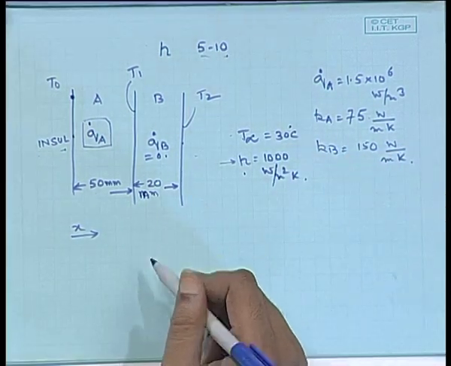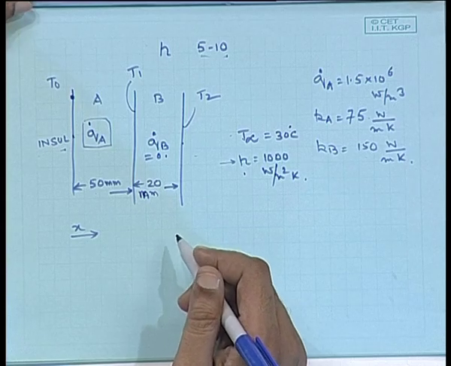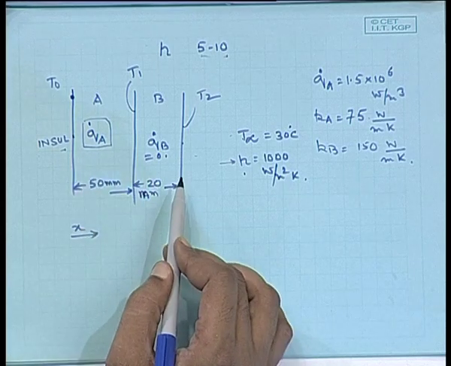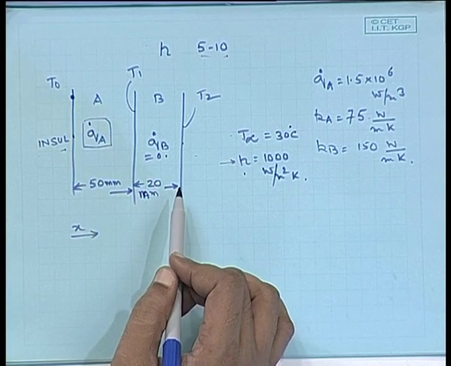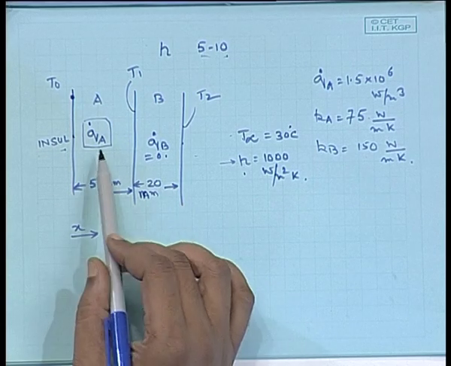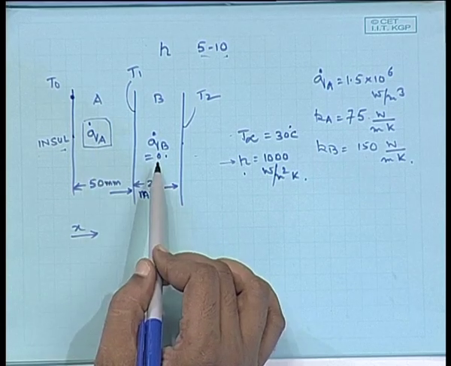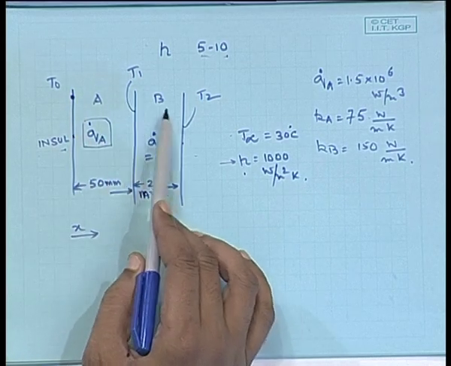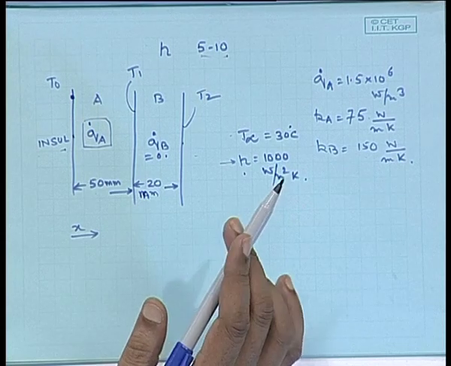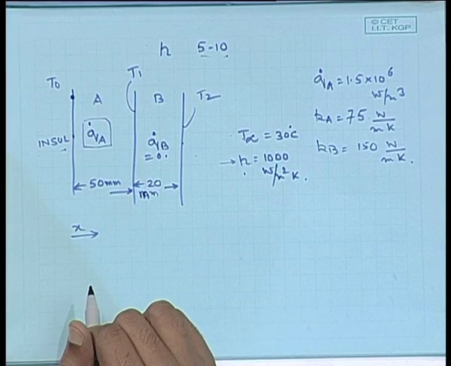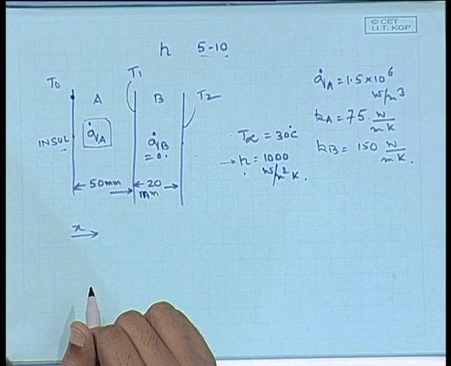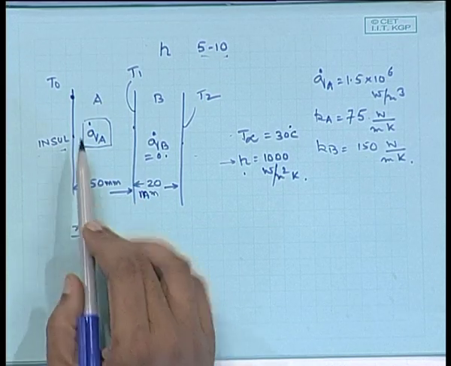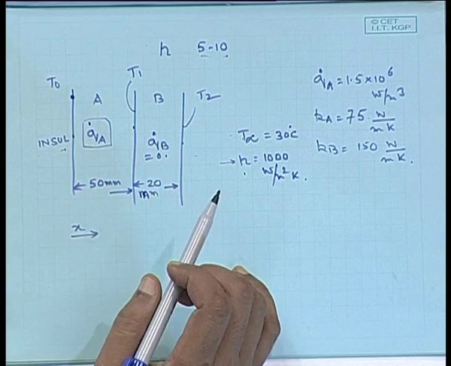All right. The first part of this problem is how do you sketch the temperature distribution in such a system. Suppose you do not have heat generation, that means both QA and QB equal to 0. What can you say about the temperature profile between T0, T1 and T2? Linear. Now, anything else? Slopes will change at this point. Which slope is going to be more, in A or in B?